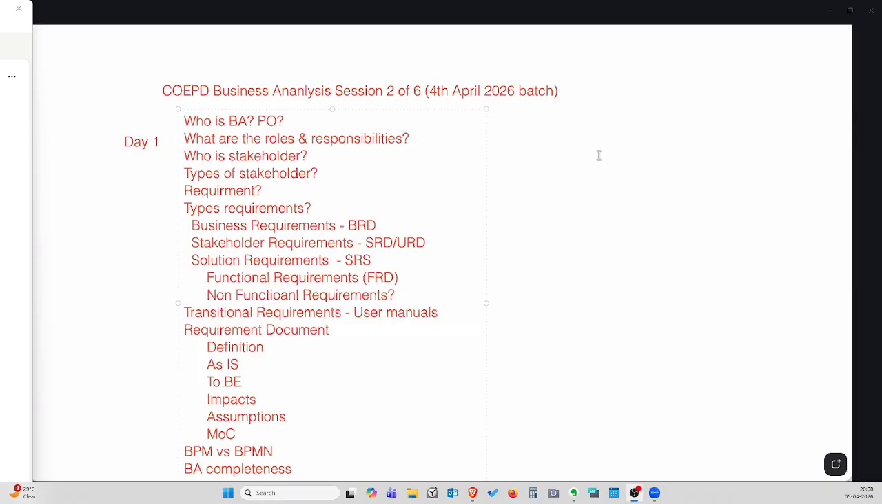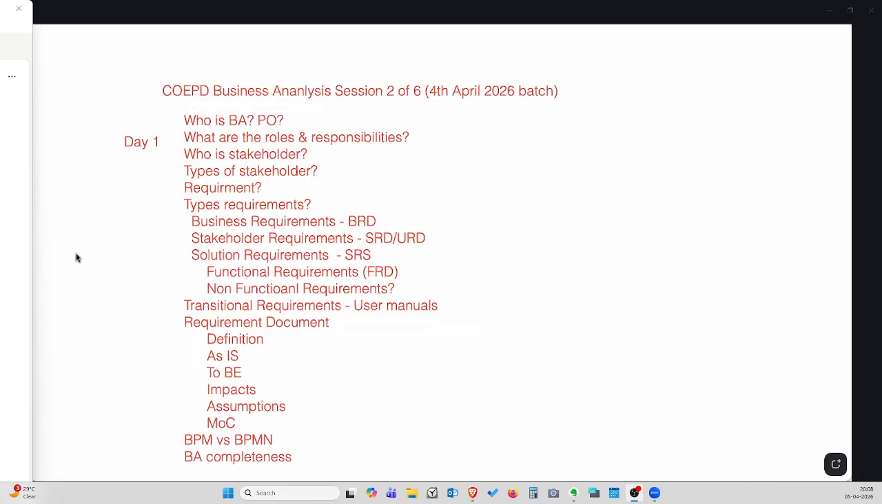So now what we are going to cover today as part of day 2: we will try to cover BA directives and how projects get initiated, and what is the major difference between product-based company versus service-based company,